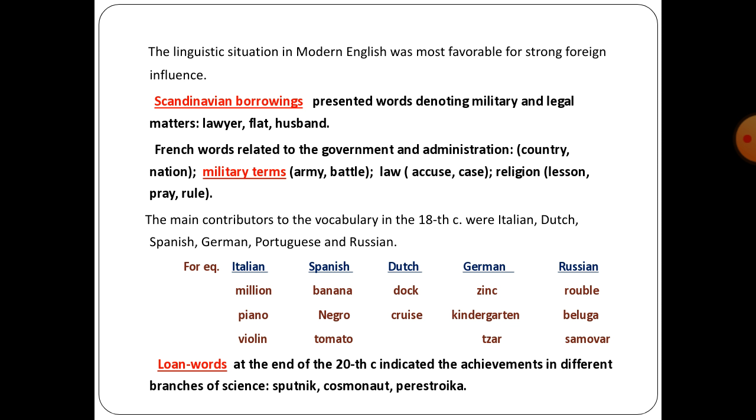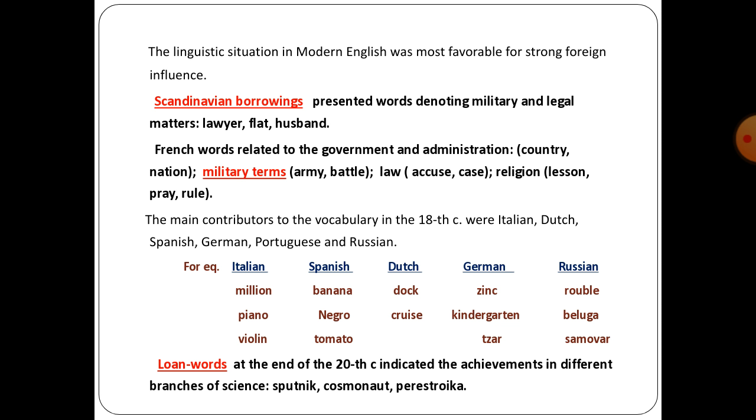The linguistic situation in modern English was most favorable for strong foreign influence. Scandinavian borrowings presented words denoting military and legal matters: lawyer, flat, husband. And French words related to the government and the administration: country, nation; the military terms, that is, army, battle; and law: accuse, case; religion: lesson,